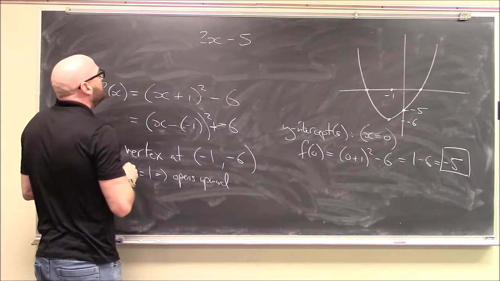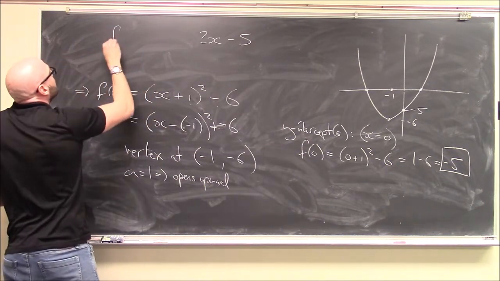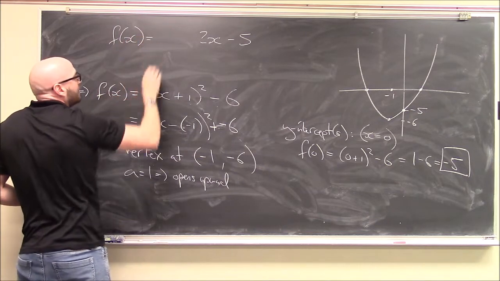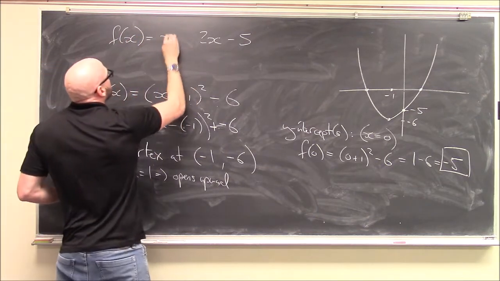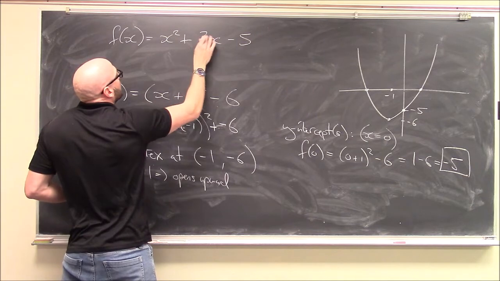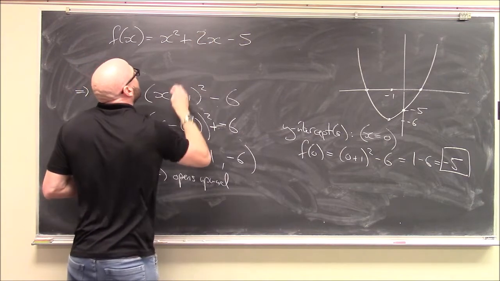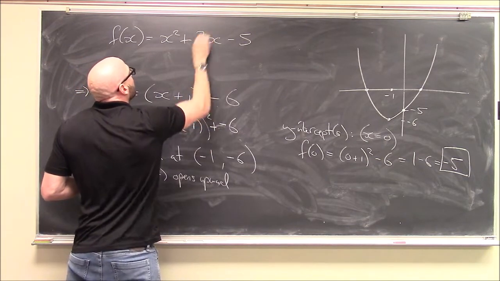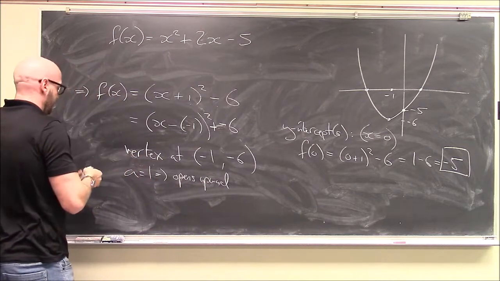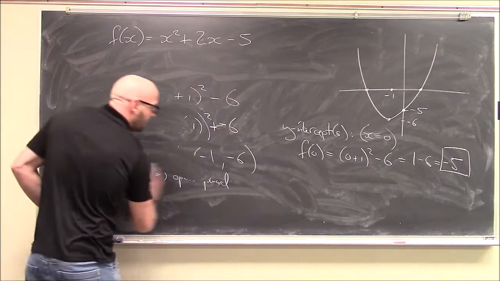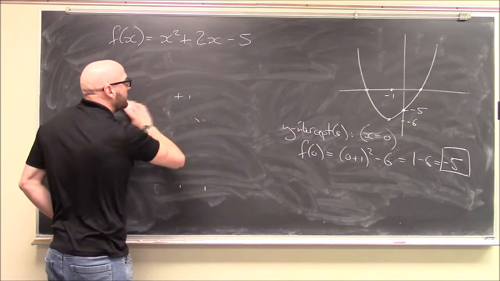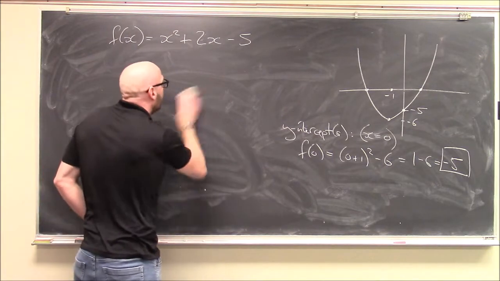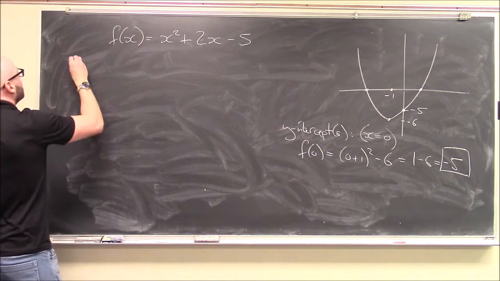Life is a little bit easier if we start with the original form here. So I'm actually going to erase the vertex form. We'll start with the standard form. I believe we have x squared plus 2x. Okay, so here we're looking for the x-intercepts,